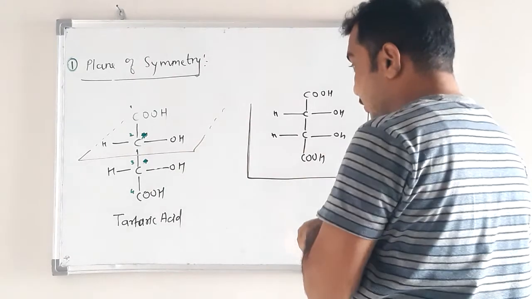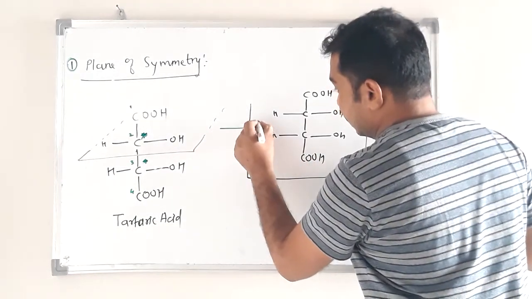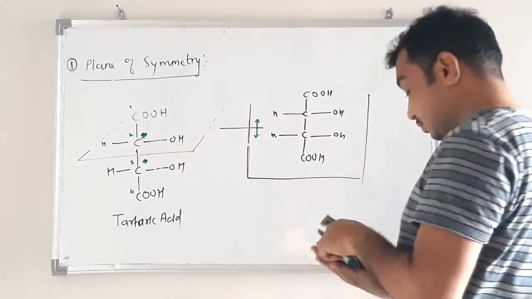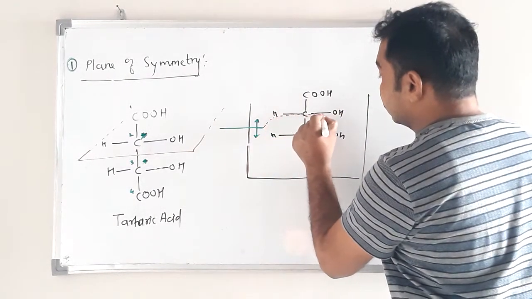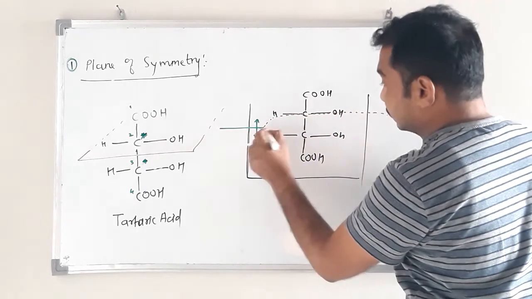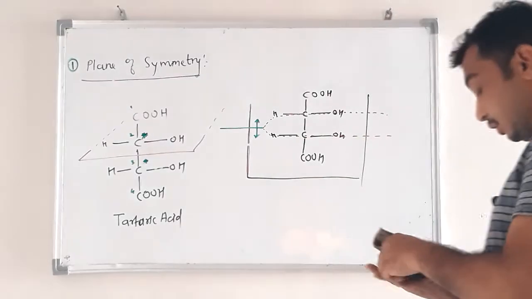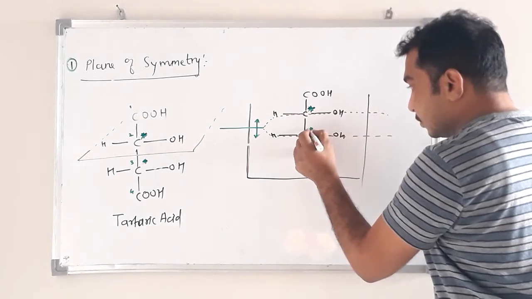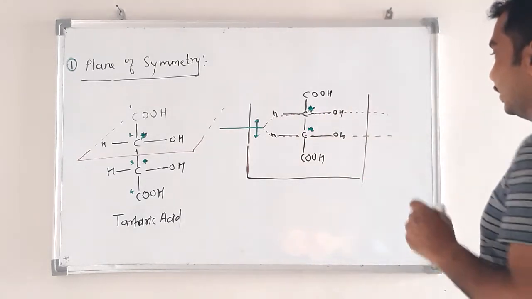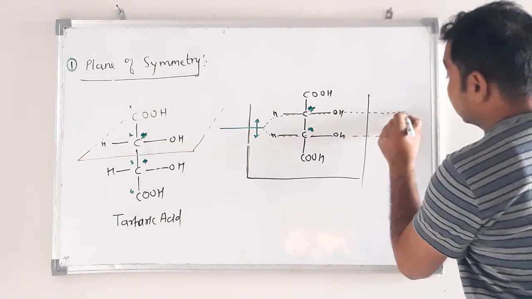If we pass plane polarized light through the solution, then what happens? See, two chiral carbon atoms. One carbon atom rotates the plane polarized light toward the right,